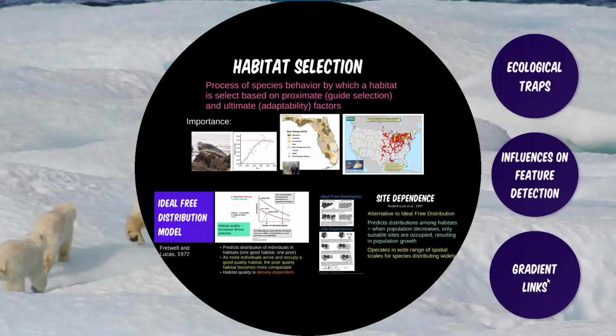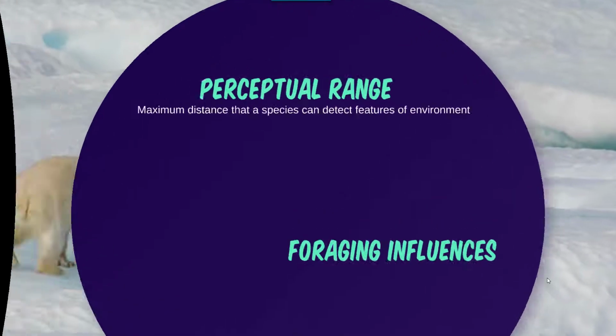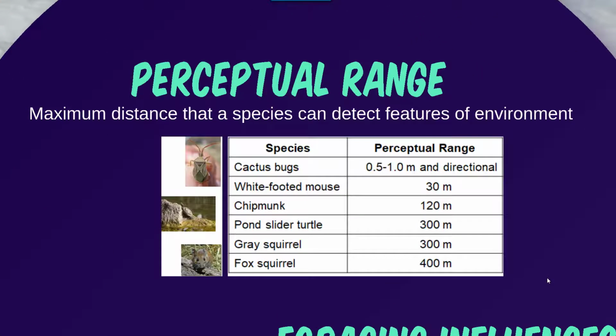There are also influences on feature detection that can occur for a species, first of which is the perceptual range. This is going to be the maximum distance that a species can detect a feature of an environment. So for things such as a cactus bug, it's a matter of up to 1 meter. And then that increases in size such that you get to fox squirrels and gray squirrels that can detect out